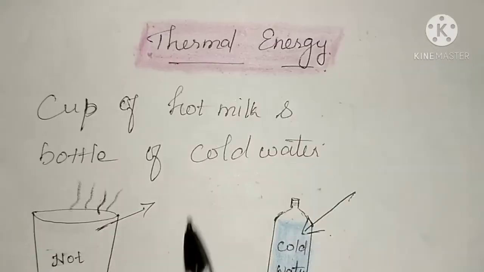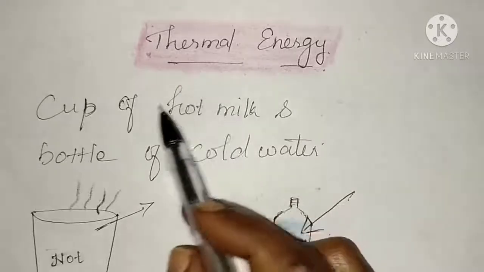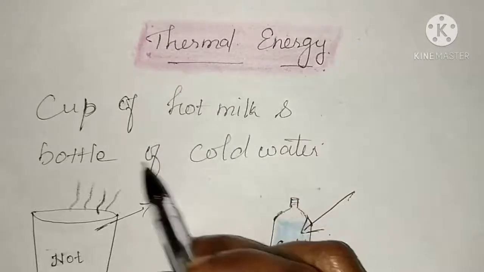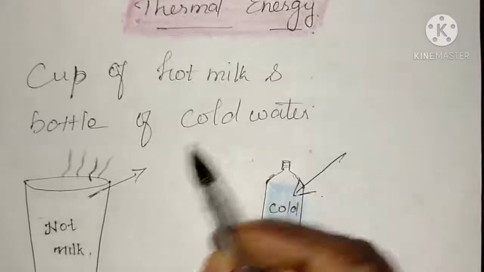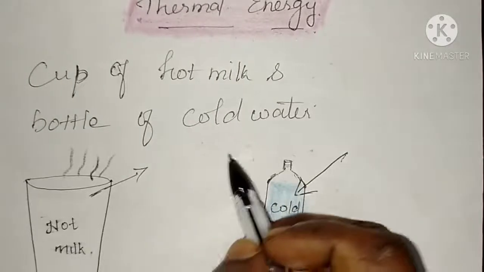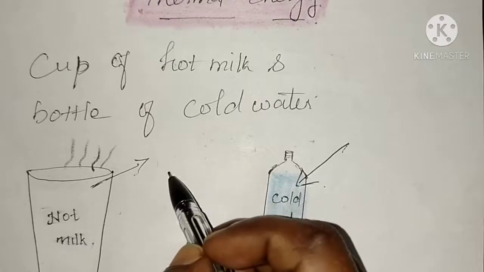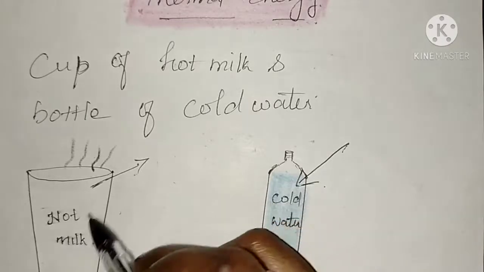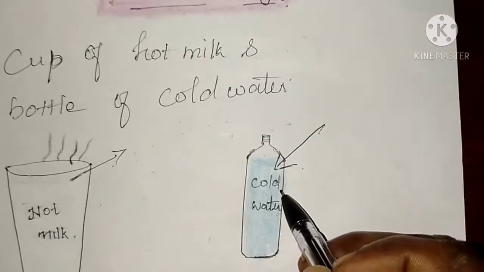Next we are going to learn what we mean by thermal energy. See this example: a cup of hot milk and a bottle of cold water. If you place them on the table for some time, what will happen? You all know that, isn't it? The hot milk will attain room temperature. After some time, the hot milk will become cold, and the cold water from the fridge